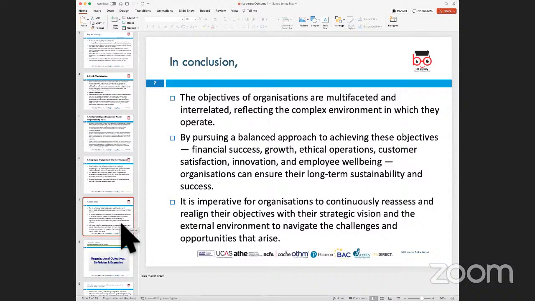This gives us a very good idea of why businesses are set up and why sometimes entrepreneurs, or people who start their own businesses, at some stage have to look at a very balanced approach in order to ensure that they have a balance between achieving financial objectives, growth and expansion objectives, ethical operations, and meeting customer requirements. Obviously, if a business has innovative products, or products which are in demand and help solve customer problems, then the business generally starts to do well